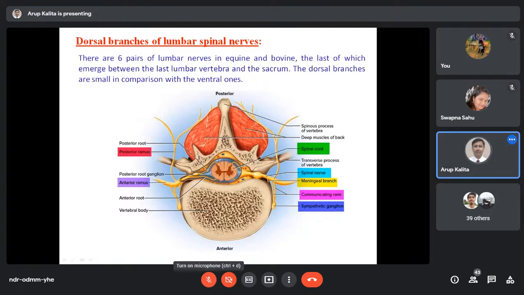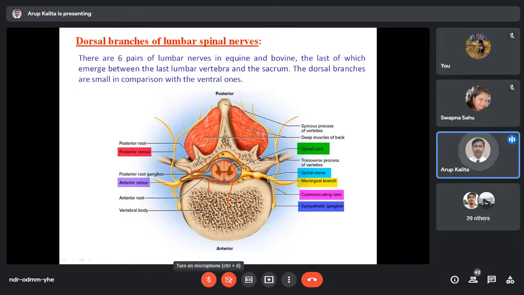Now what is this? You see, this is the spinal cord. This is the dorsal root. If you can remember, I already told you. This is the ventral root. From the spinal cord, spinal nerve arises, dorsally the dorsal root, ventrally the ventral root. Dorsal root is sensory. Ventral root is motor. Dorsal root is forming the spinal ganglion. This is the spinal ganglion. And they will unite together to form the spinal nerve.